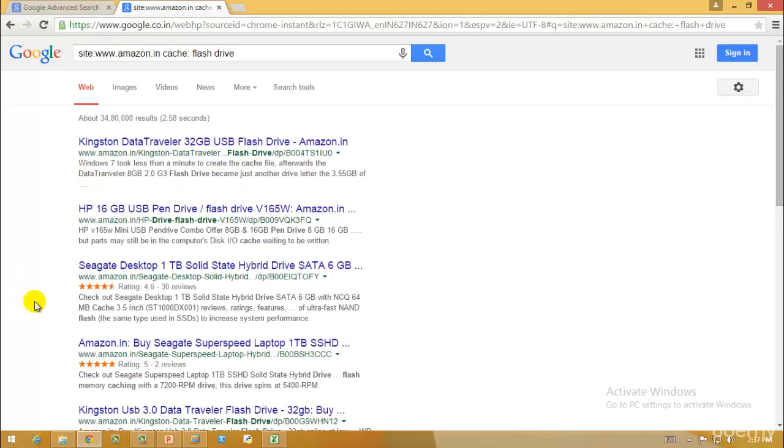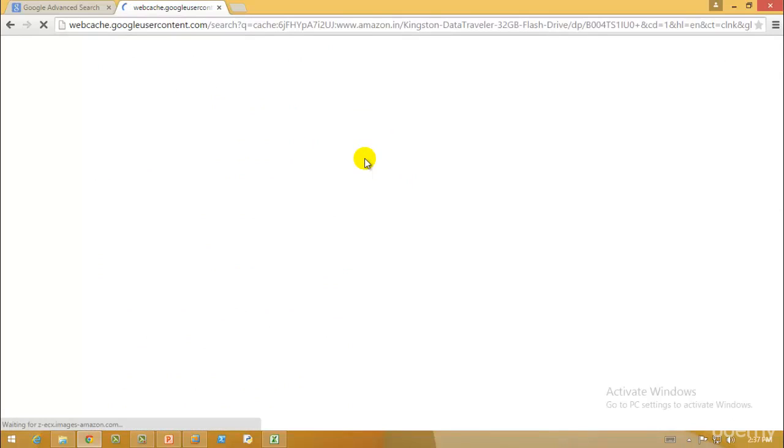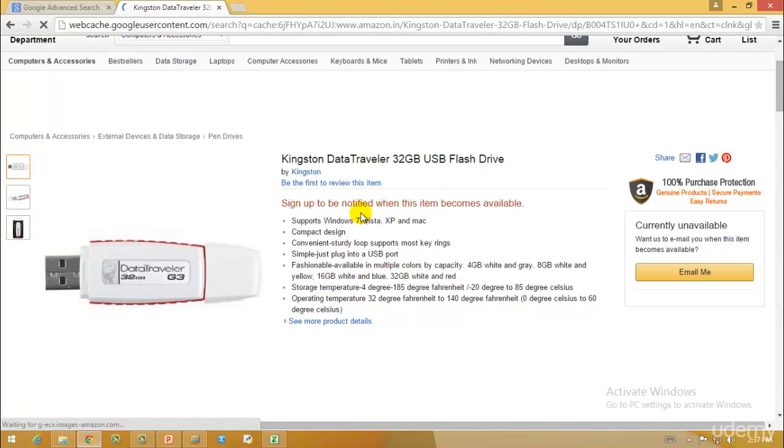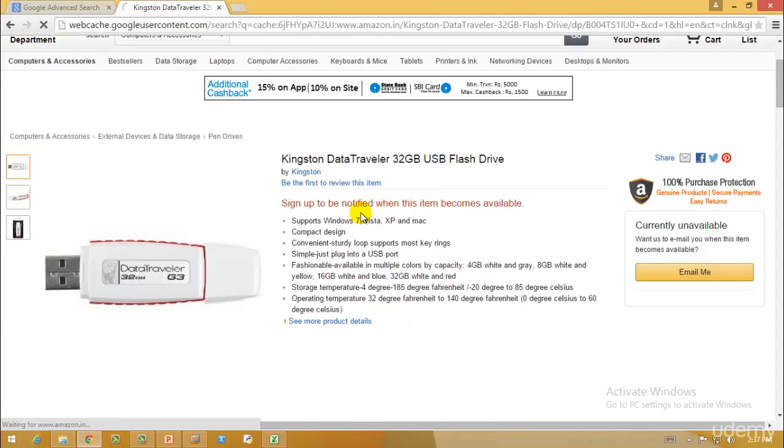As you can see, we have everything starting with the site Amazon, and we have the cached version. If I check the cached web page, and if the Amazon website is not careful in clearing its cache memory, then what may happen, for example, is that Amazon has this 3G data traveler, let's say on 30th of December, at any specific